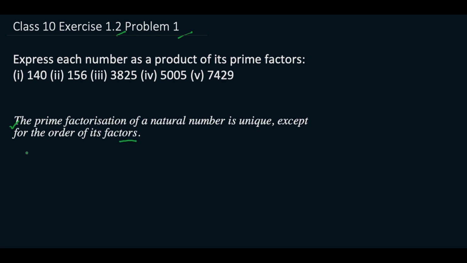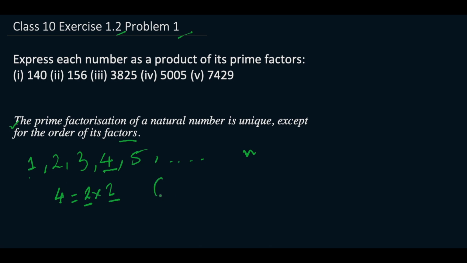Now there are two types of numbers, one is composite and one is prime. So what this theorem is telling you is that any natural number like 1, 2, 3, 4, 5 up to n, we can write all of this in the form of prime factorization. For example, take any number like here 4. So we can write 4 as 2 into 2. Our 2 is a prime number. So we wrote 4 in the form of 2 into 2.